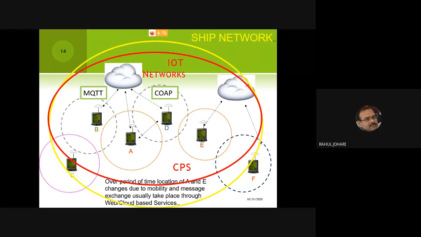And routing is a challenge in these networks because there are so many features you have to keep in mind, and you will have to take care of the internal intricacies of the network: which kind of topology exists, whether the nodes are static or dynamic in nature, and what kind of routing scheme they are following, whether it's a MANET-based routing scheme, or a proactive routing scheme, or a reactive routing scheme. So we have to take care of all these things.